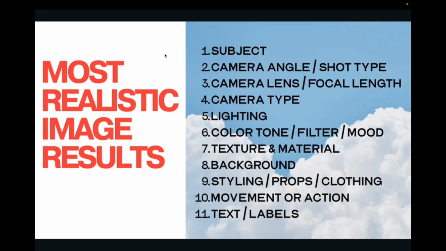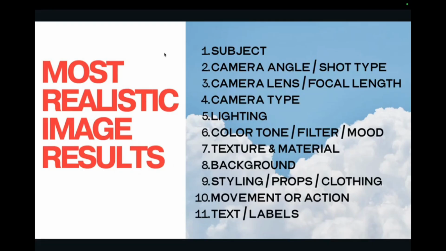Second of all, camera angles, shot type: bird's eye view, eye level, low angle, macro, close up, wide shot, over the shoulder. I know you're not a professional photographer, but you can go the other way around. You can see an image that you like and then reverse engineer and analyze this image by these attributes, and paste in all those things, and then ChatGPT will analyze specifically what is in this image.